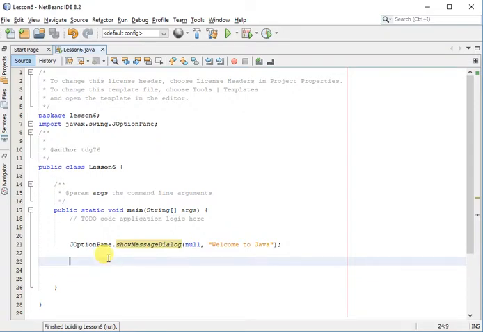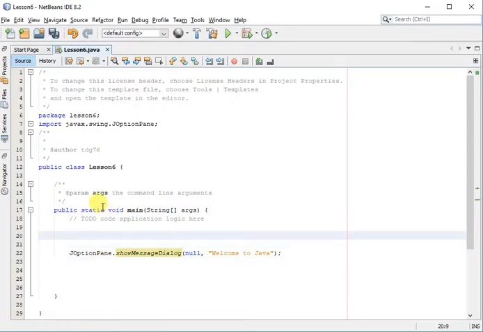Just a basic graphical interface, but let's go ahead and ask the user what their name is, so that way we can customize it a little more to the user. So I want to declare it as a name. We're going to say it's a string, and we're going to ask them what their name is. So we'll create another JOptionPane